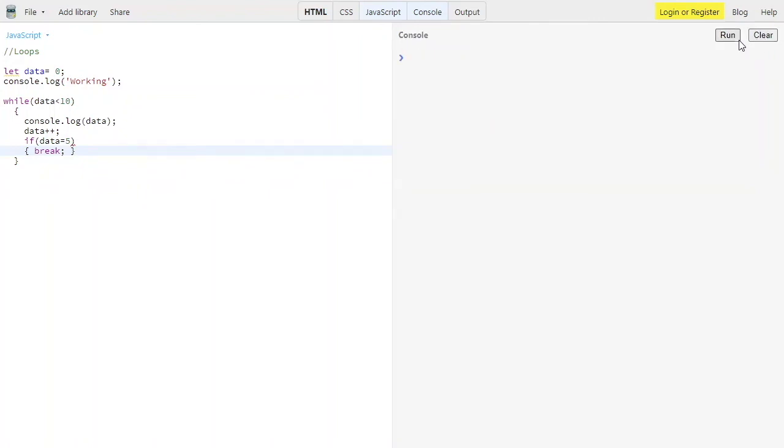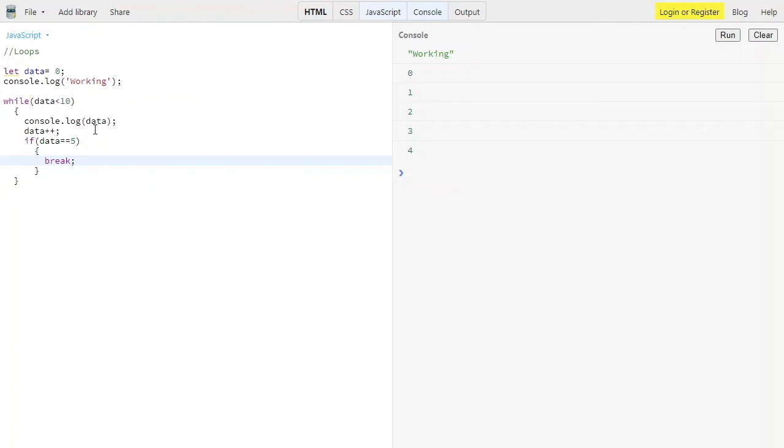Let me clear the console and run. See, you are not getting the value 5. So that's how break will work.